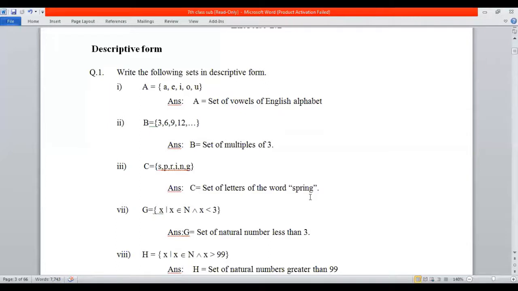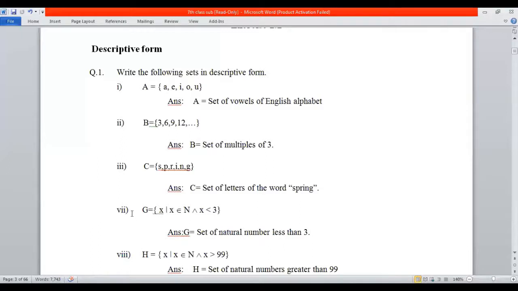Fourth part, you will do it by yourself. It's from A to Z, alphabets are given. So you will write that set of English alphabets in descriptive form. Now, the fourth, fifth, and sixth parts will be your home assignment. At the end, I'll mention the assignment, what you will solve by yourself, like these parts.